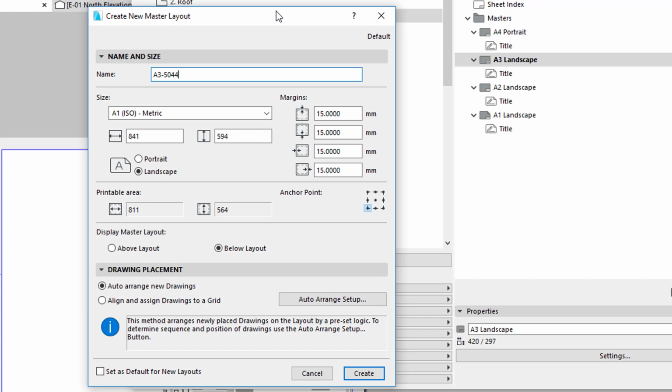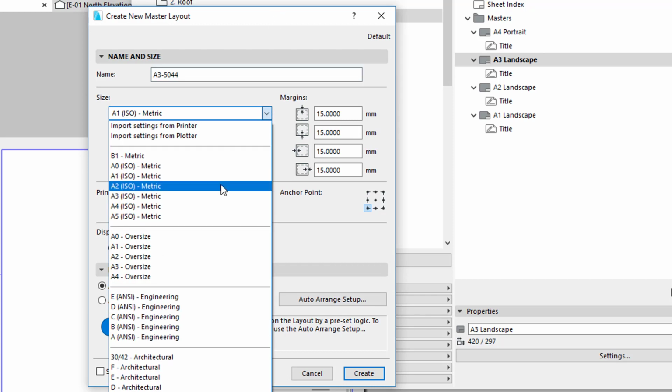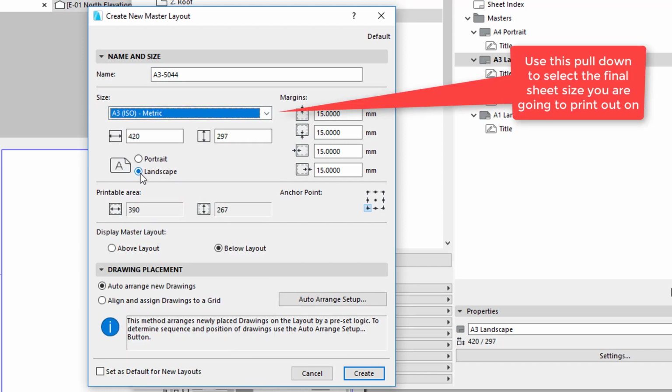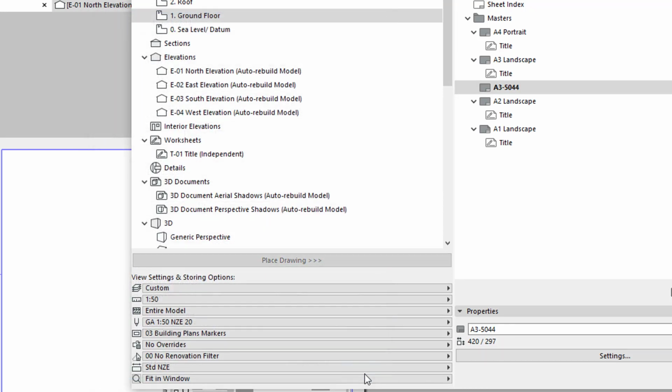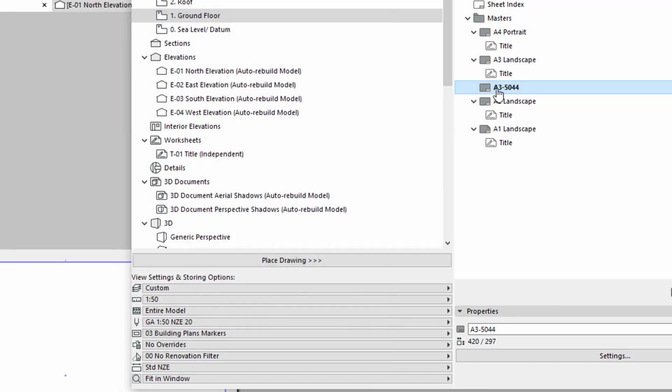of doing it. We just go to the sheet size then, and you can say, well, look, I want it to be A3, easily landscape, and you can leave the margins that they are, or you can make them smaller, but I'm just going to really just say leave them as the default. Auto arrange new drawings, I would just leave it as that. I tend to bring them in and then basically arrange them as like a collage as I go. So I'm going to go create, and you can see I've got my A3